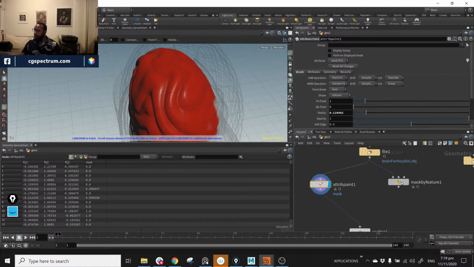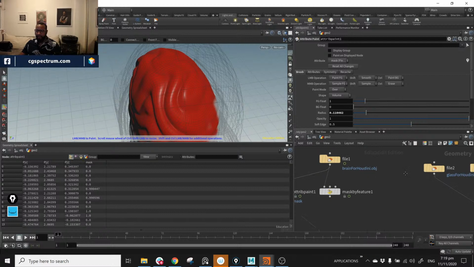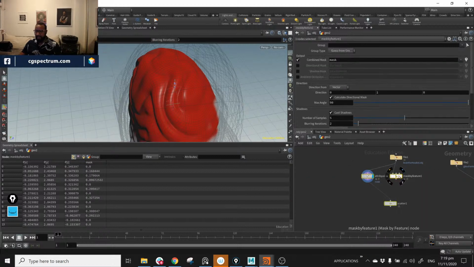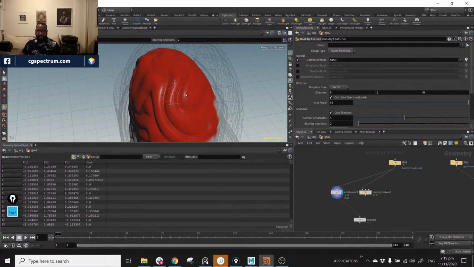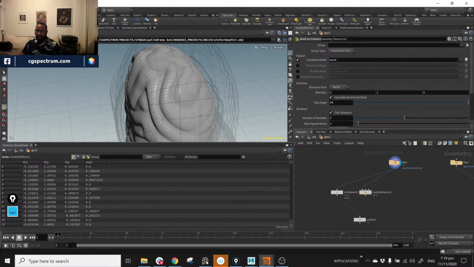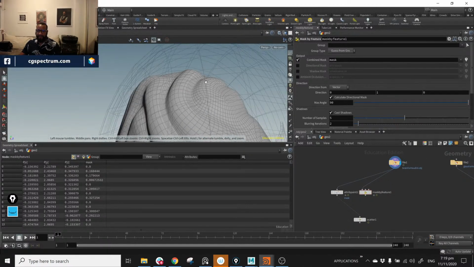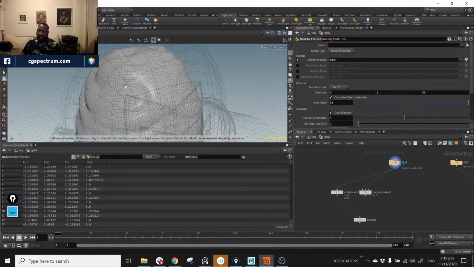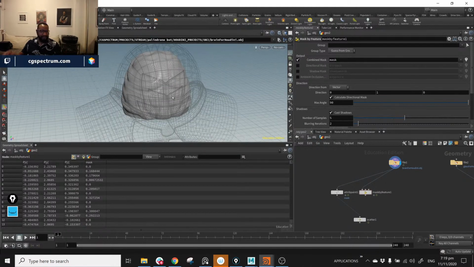I'm going to do one more, and this one is going to be a little bit more complex. This one is going to be a mask of the curvature of this surface. So anytime we have this super tight curvature, that mask should be white, and then when we have these nice even slopes, we're going to get a black mask. And generally in computer graphics and in visual effects,